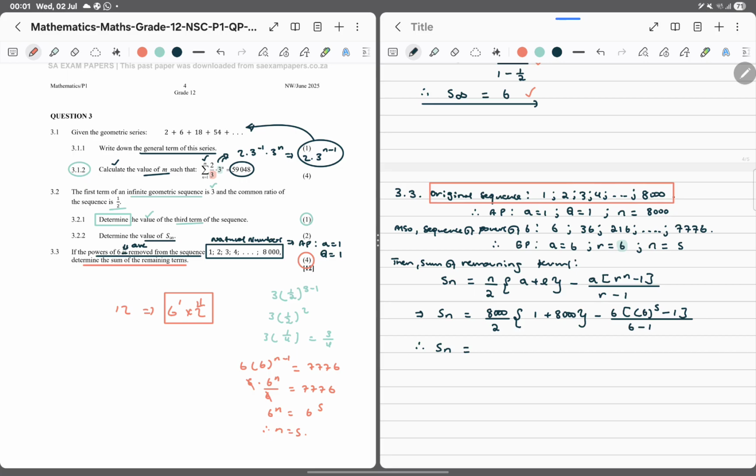Now we have ourselves 8,000 divided by 2 into 1 plus 8,000. Then this we subtract 6 into 6 to the exponent 5 minus 1 divided by 6 minus 1. Alright, so I'm getting